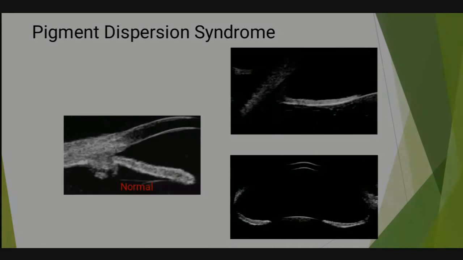So in pigment dispersion syndromes, we take the scan two times. One we switch off the light and take, and then one with the normal light, so pigments will be easily visible. During dim light, the pupils will dilate, so the pigments will be dispersed more. That's why we do it in both dim light and normal room light conditions. Usually we do the UBM in normal light conditions.